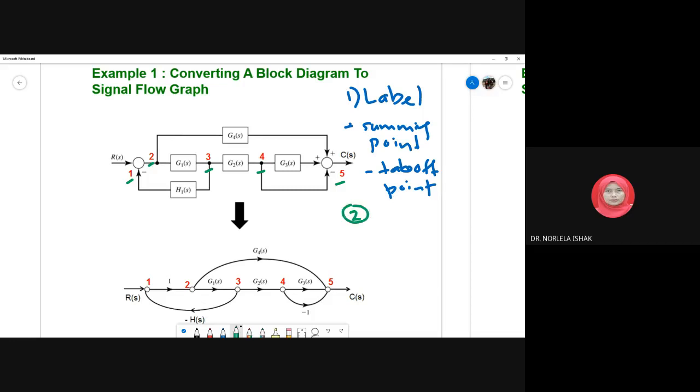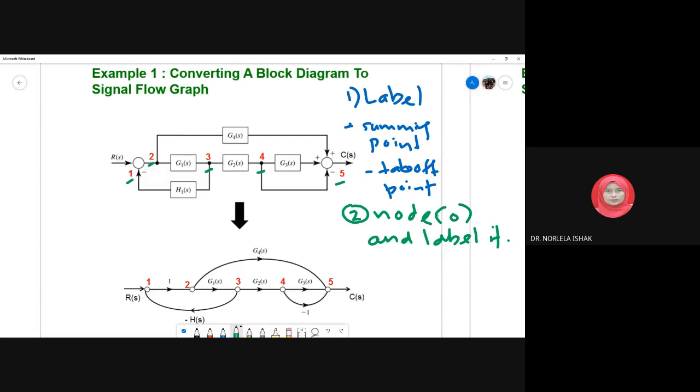And step number 2, we redraw the line. Sorry, we draw the knot and label. Let's say first we sketch the knot. Knot meaning